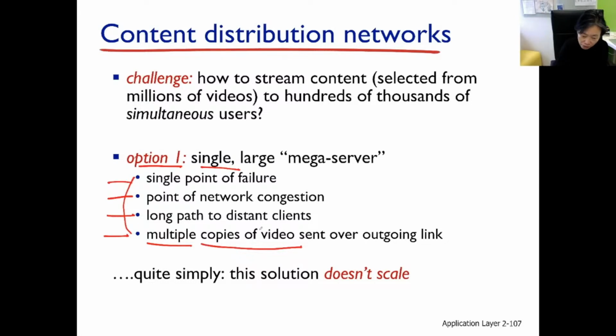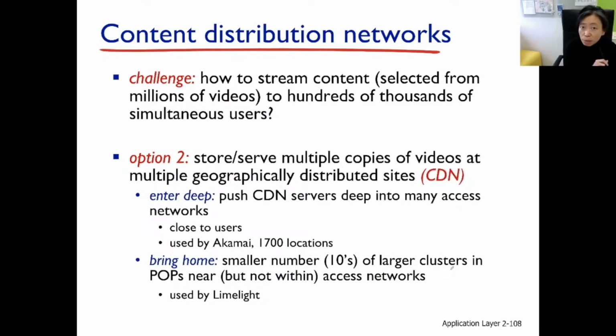Okay. A solution like this definitely does not scale. This is very clear. And that takes us to option 2, which is exactly what CDN is doing. Instead of using just one physical machine storing one copy of this content, let's use multiple machines storing multiple copies of this content. And more importantly, distribute them around the internet, making sure that they are very widespread